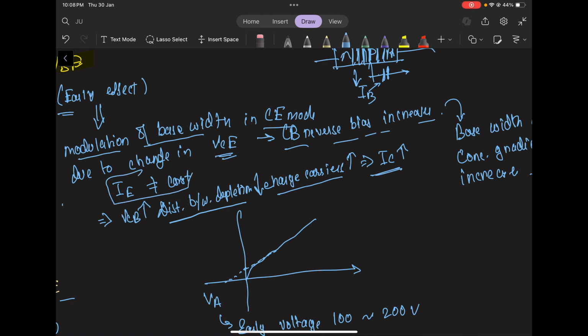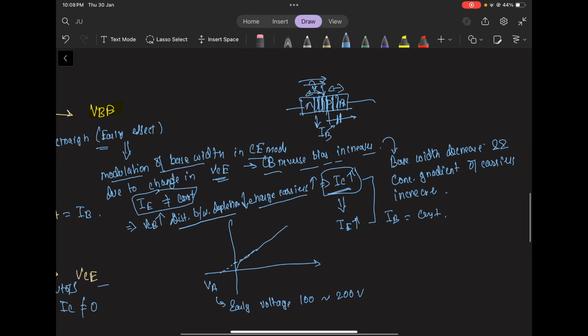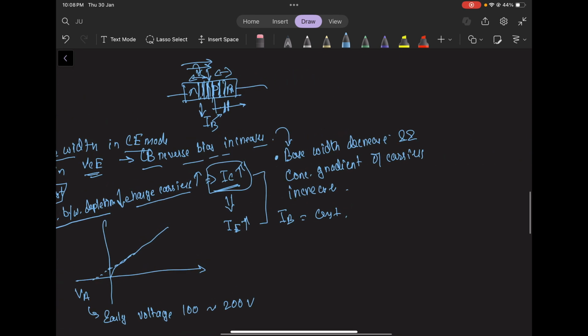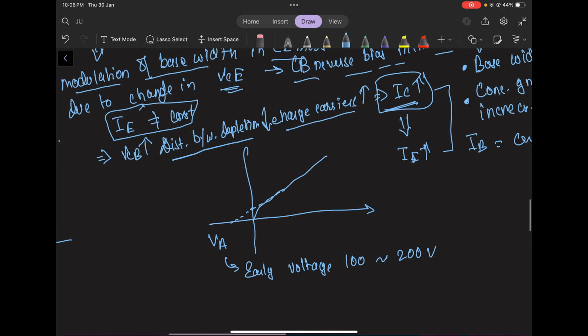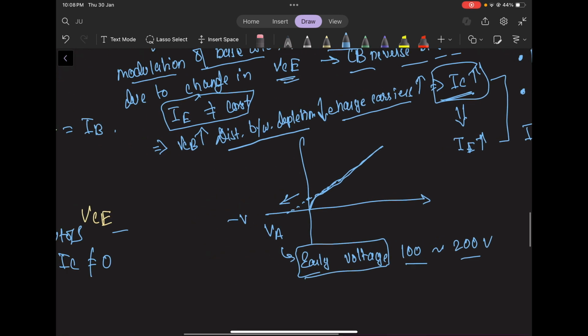So since IE isn't constant, IC increasing will result in IE also increasing at a fixed IB, and this is what is known as base width modulation or early effect. Keep these two points in mind. Now, if this is the slanted curve and we trace it backwards, we will reach almost 100 to 200 volts on the minus V axis, and this is known as the early voltage,